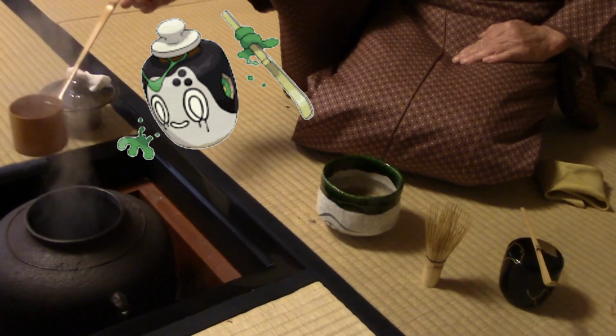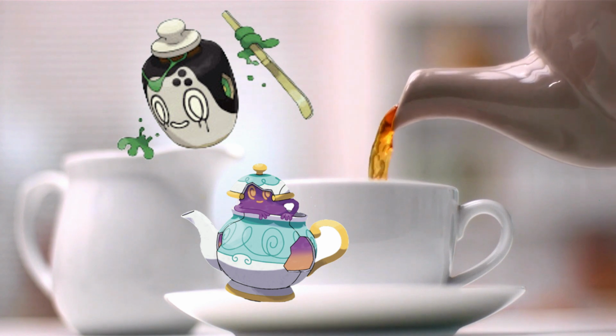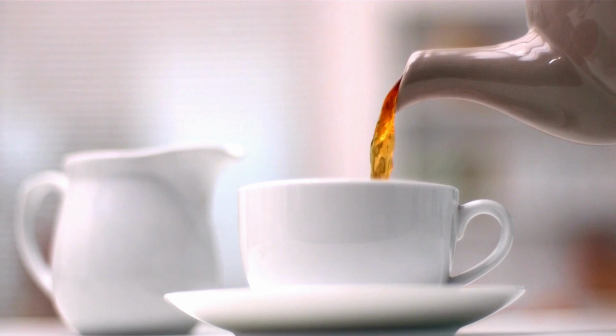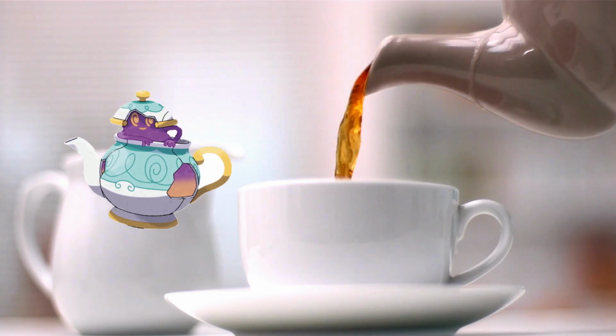A few years prior to this, there was another tea Pokemon released called Polteageist, which is based on a British teapot in the Britain-themed Galar region. These two are based on spirits that have inhabited pieces of teaware. This porcelain teapot has become a symbol of British tea culture, so this was a good fit for the region. This particular type of tea is made by brewing black tea leaves in hot water and mixing them with milk